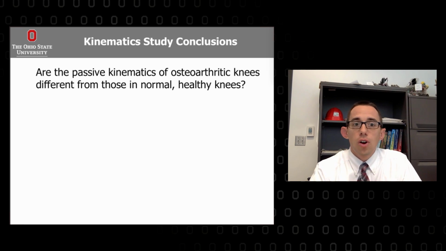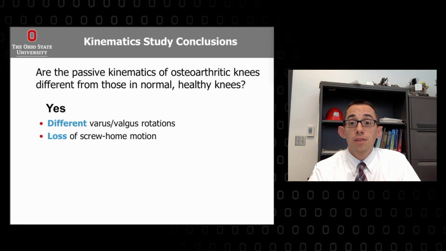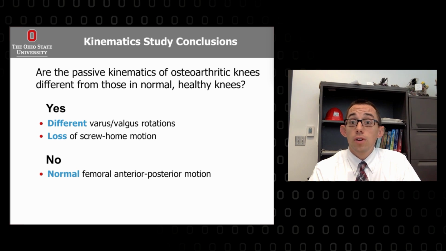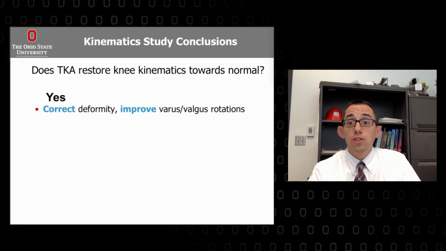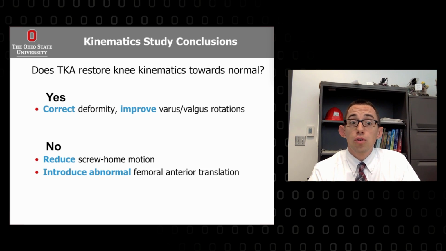I asked this one question: are the passive kinematics of osteoarthritic knees different from normal healthy knees? In fact, yes, they are. There are different varus valgus motions and a loss of screw home motion, but sometimes no, they're not, because they have normal anterior and posterior motion. Does a total knee restore knee kinematics towards normal? Yes, it corrects deformity and improves varus valgus rotations, but no, it reduces a screw home motion and introduces abnormal femoral